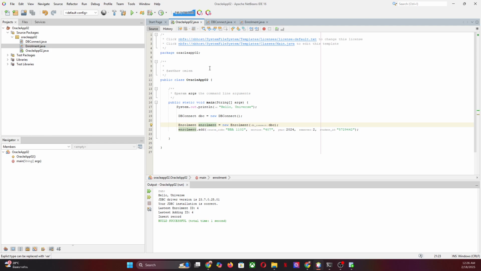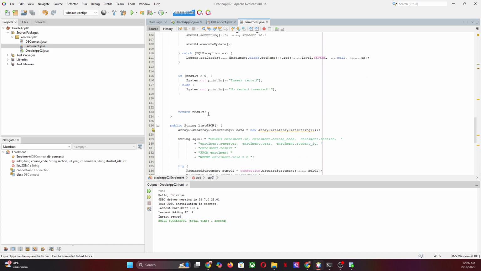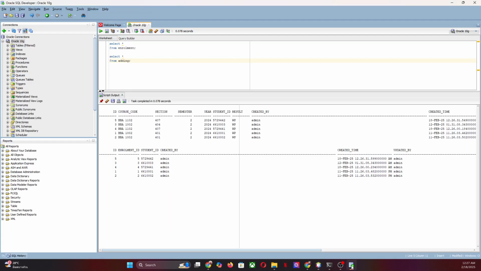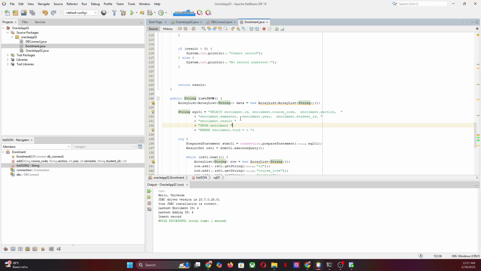So this one is working well, and then the last one we're going to do is we go back to the enrollment. You're going to see that we have a function or method called list.json, and list.json returns an array list of the array list of the string, right? So it means this one is a two dimension table. So we select from the enrollment, and then the var equal to 0 means we haven't deleted it. So this is the command, right? I mean it's just the normal enrollment query like we do in here. This one is going to be similar to this, but instead I put the name